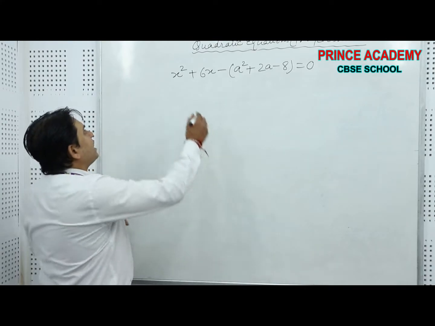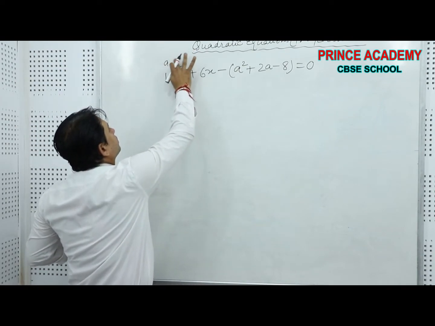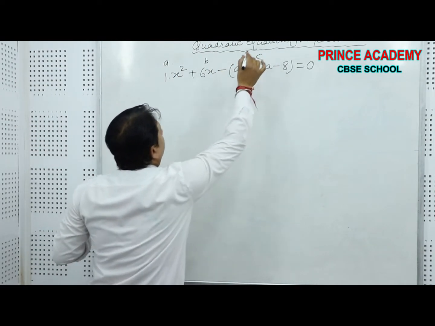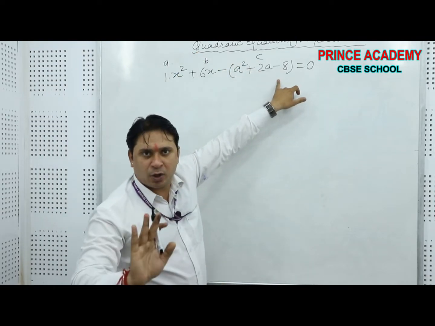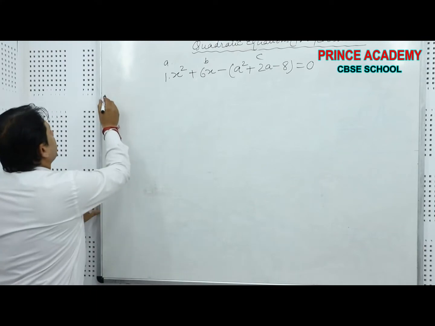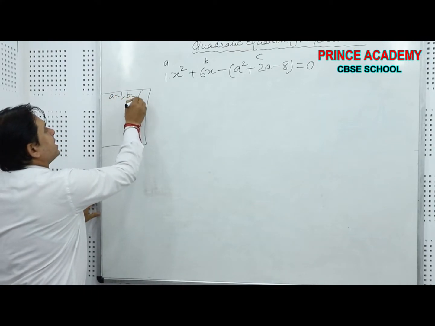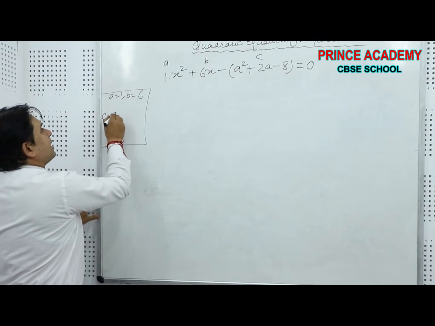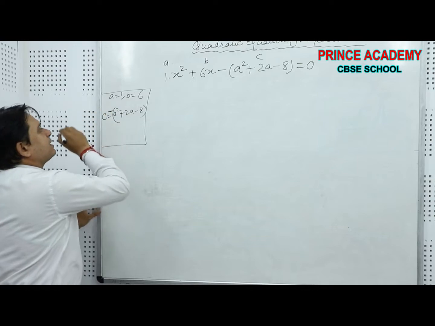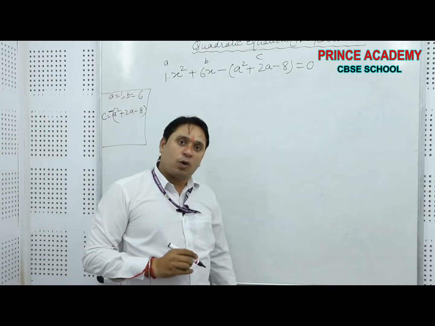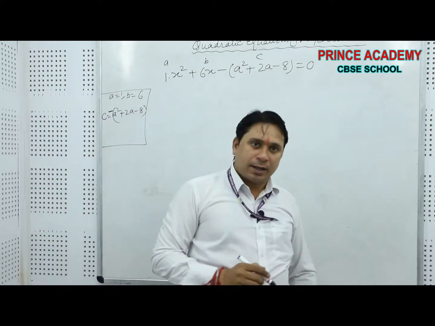Okay, if I compare it with the standard form, A is 1, B is 6, C is this portion, yes or no? Done. What I am saying, A will be 1, B will be 6 and C will be minus (a square plus 2a minus 8), since the minus outside is there. Okay, C is minus (a square plus 2a minus 8). Done. Now see,